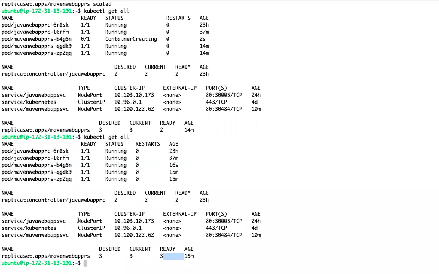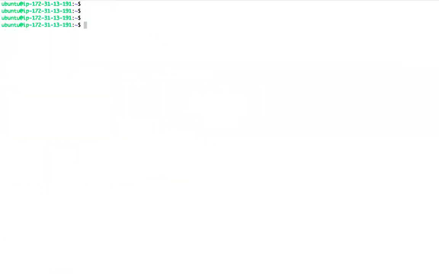Now this service will be having how many endpoints? We have a service. This service will be having 3 endpoints. So you can scale up, scale down a replica set. Any object if you want to debug, if you want to see more details, you can use describe. You can describe a pod or a service.